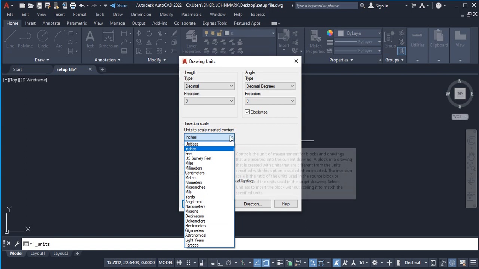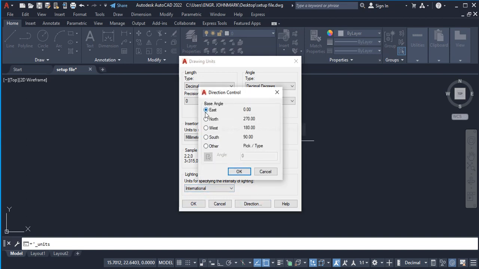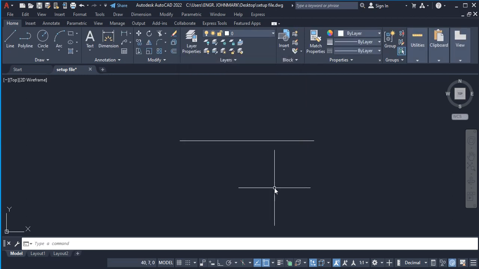You can drop that down and pick millimeters because that's my preferred drawing unit. And then for this particular point here, I can leave it as international. We have international and American standard. For direction here, if you check that, it is already on east, okay, and then you can say okay. So that is it for the units. We have set up the drawing units, and then the next thing we are going to set up here is